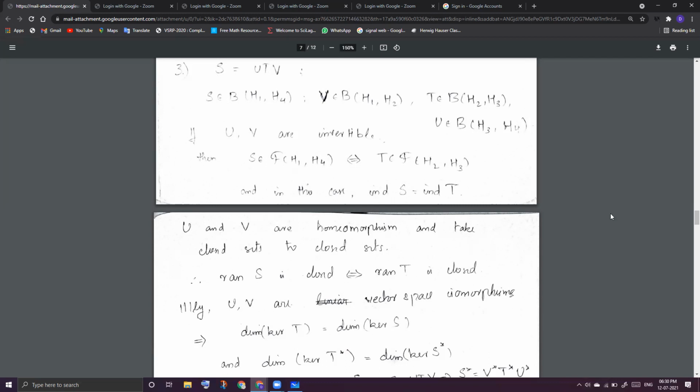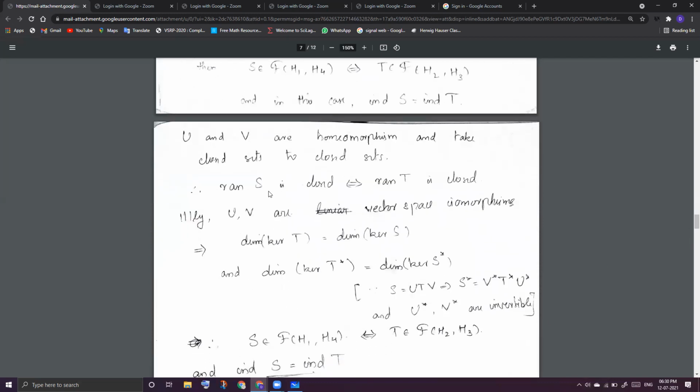And similarly, U and V form some vector space isomorphism. From that, we will get that dimension of kernel of T is the same as dimension of kernel of S, because kernel of T and kernel of S will be isomorphic as vector spaces. And similarly for kernel of T star and kernel of S star. So if S is Fredholm, then range of S will be closed and range of T will be closed then. And kernel of S will be finite dimensional. Kernel T star will be finite dimensional, which will mean that kernel of S star is also finite dimensional, and